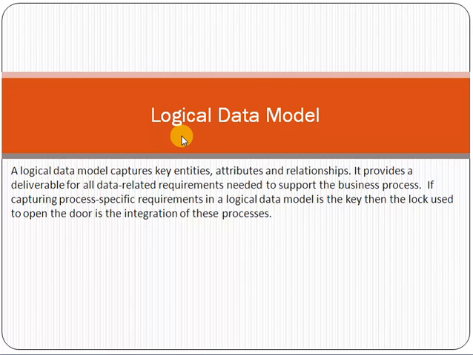So friends, you can just imagine that a logical data model is basically a diagram. It's a diagram which defines the data model on a logical basis. Just see these three terms. On these three terms, we can say it basically defines the architecture of the system: what are the entities in the system, how they are relating with each other, and what is their dependency logically on each other.